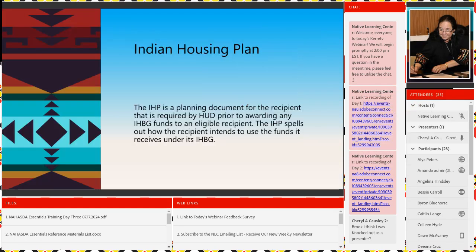So, your Indian housing plan, and a lot of you guys didn't vote, by the way. Don't just turn me on and listen to me in the background. I know that I'm like white noise and it'll make you go to sleep, but no. So, your Indian housing plan is a document you, as the recipient, are required to put forth to get your money on a yearly basis. Okay. Prior to awarding any money, it spells out how you are going to use your funds that you get with your